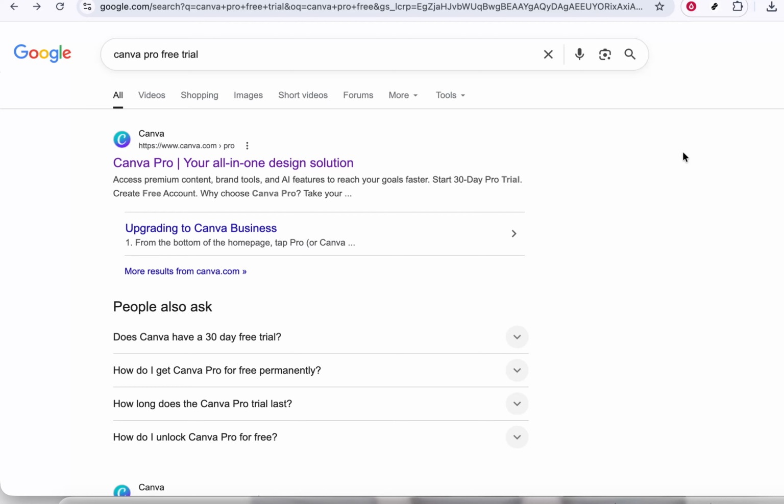It will usually appear near the top of the search results and should clearly show that it's from Canva's official website. Take a second to confirm the URL looks correct, so you know you're on the real Canva site and not a third-party page or an ad from another company. Once you've found the result that says something along the lines of Canva Pro, your all-in-one design solution, click on it. This will open the Canva Pro landing page in a new tab or in the same window, depending on